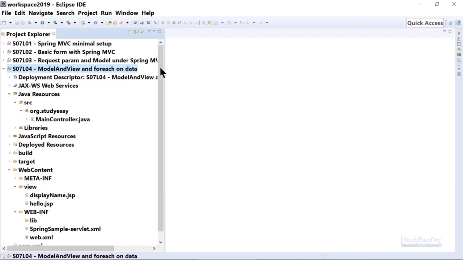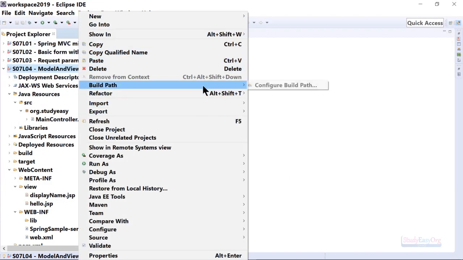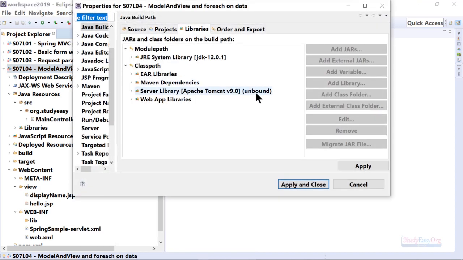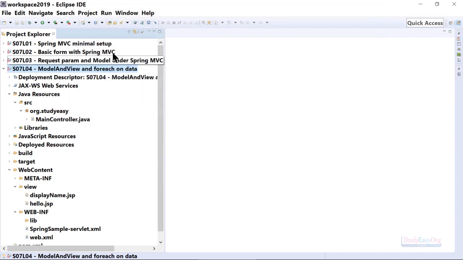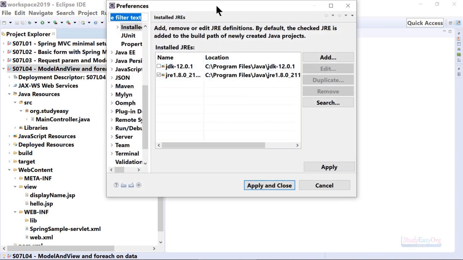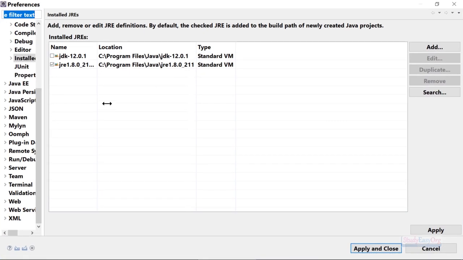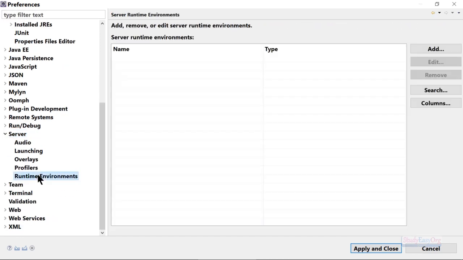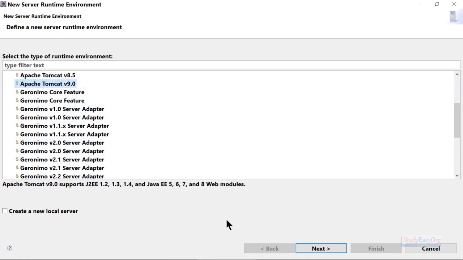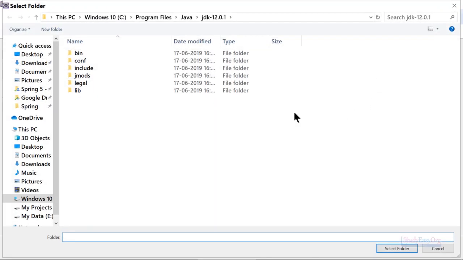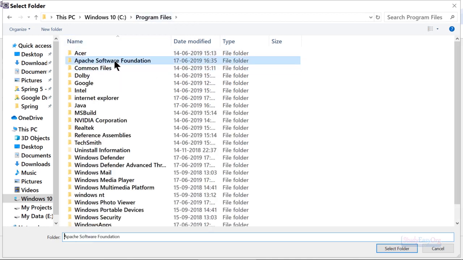All right. And now if you check the build path, then the unbound warning is removed from JRE, but it is there for Tomcat 9. So again, double click on it, and there is no runtime environment set. So let us quickly add that. In here, if I show you the option, server, runtime environment, add, expand this, Tomcat, next, browse, and Apache